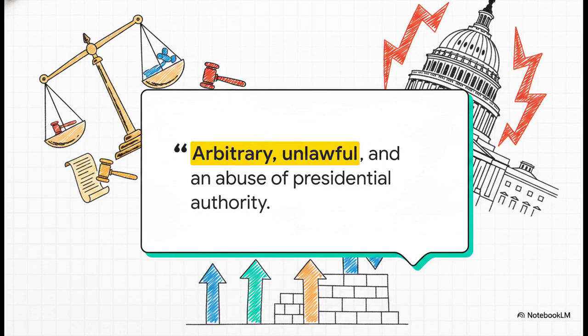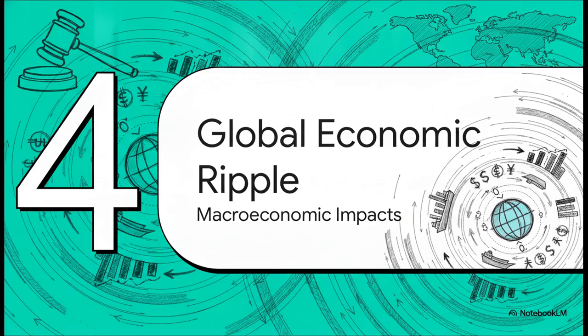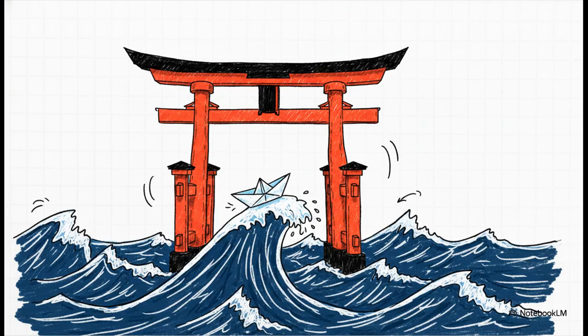All right, let's zoom out a bit for Section 4, the global economic ripple. Because this whole situation isn't just about domestic courtrooms and import taxes. It is deeply, deeply intertwined with global currencies. Recently, U.S. Treasury Secretary Scott Bessent had to weigh in on the administration's strategy regarding Japan's struggling currency, the yen. And remember, Japan is one of those 60 countries getting hit by these new tariffs. So Secretary Bessent stepped up to clarify exactly how the U.S. is trying to navigate these super turbulent financial waters alongside its international partners.